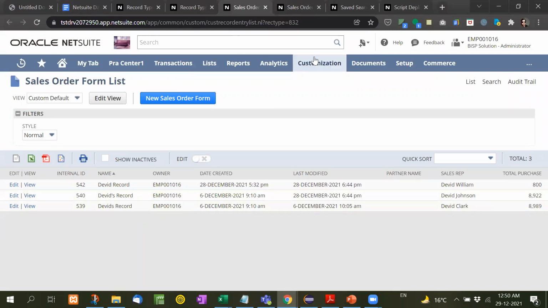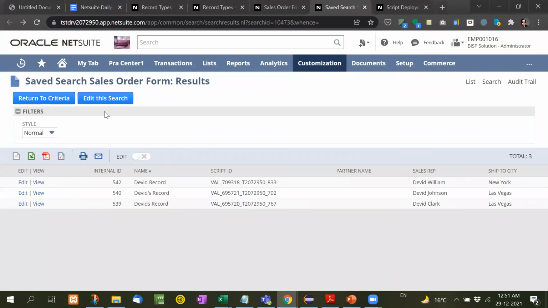There are only three records, and for that I have created a saved search here without any criteria. I have just given the criteria of name contains David. Now I have to select the top two records only, from 0 to 1, the 0th record and the first record. So for this, what I have done here,